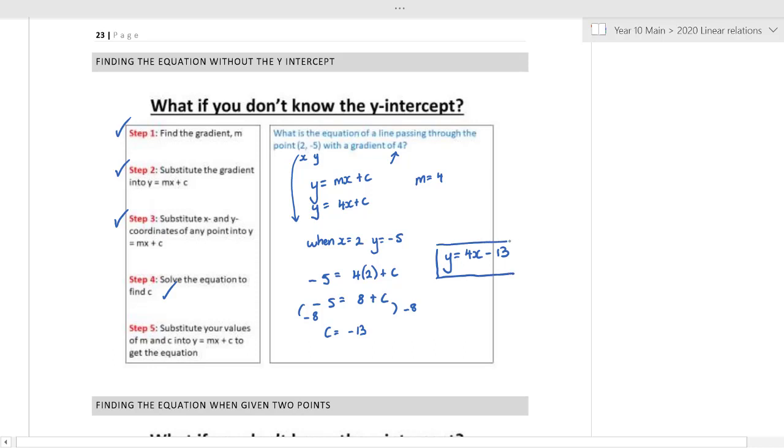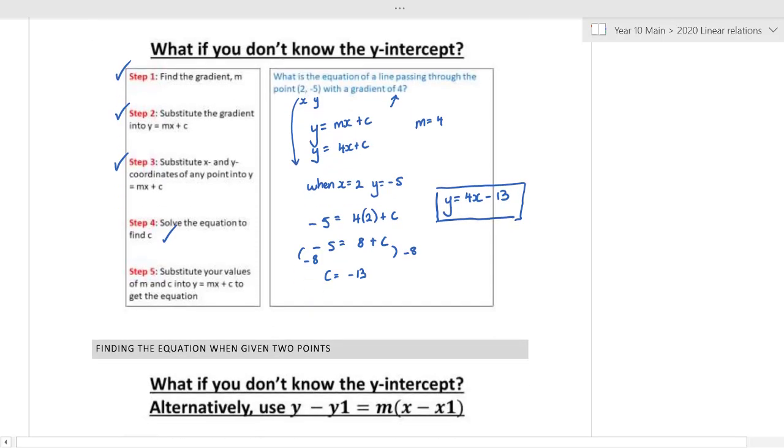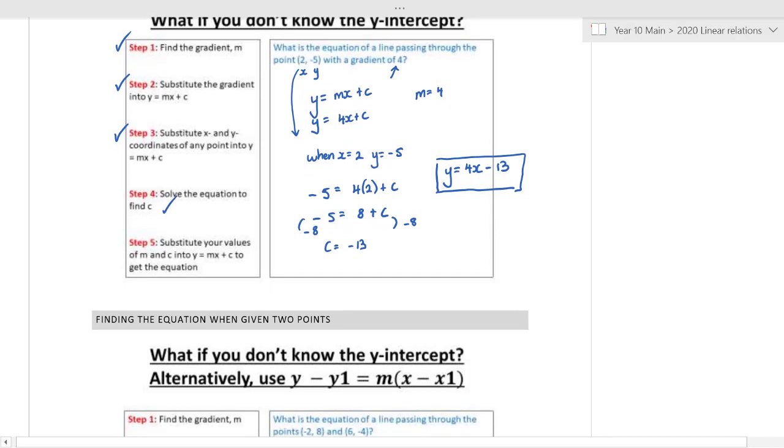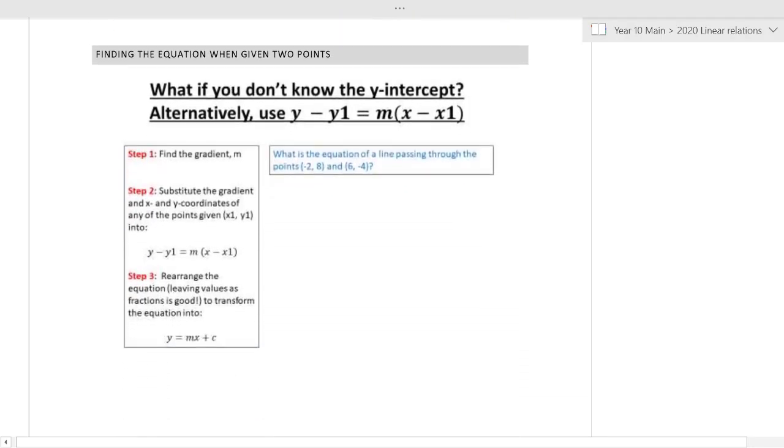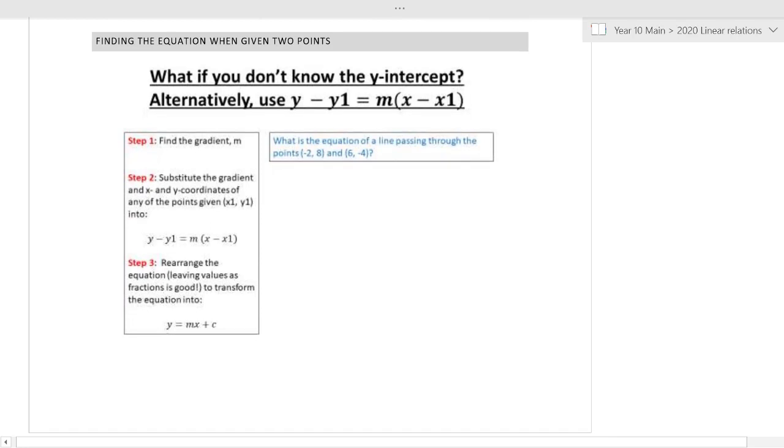The other trick to these is that there's not just one way to do it. This one way is we've been told what the gradient is, we sub the point in, we find what the y-intercept is. We haven't been told what the y-intercept is. So it's just knowing what to use when, because sometimes you could be given 2 points, like this example here. What if you don't know the y-intercept? Well, I'll get into this a little bit later, but this is basically just we have got 2 points, and